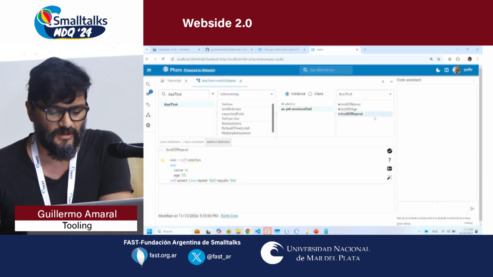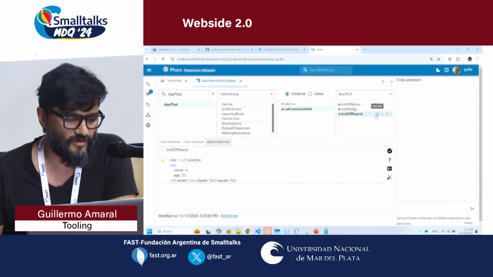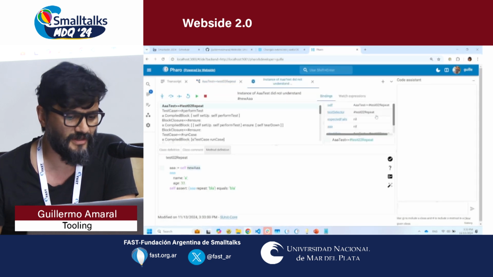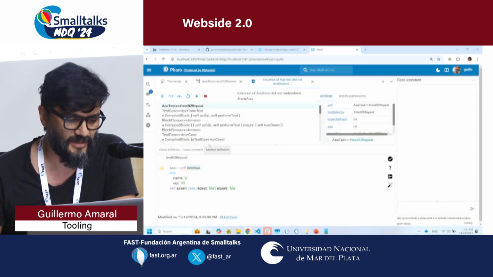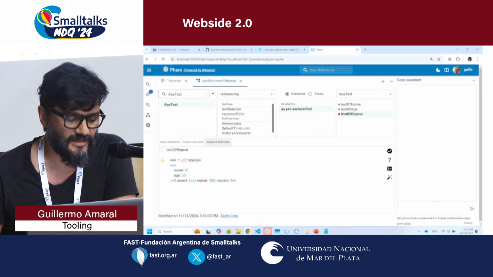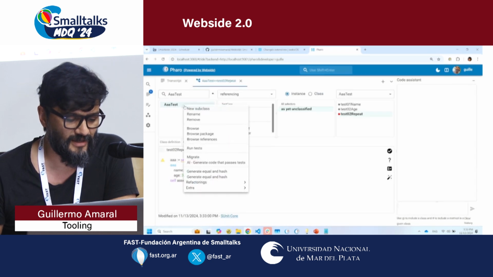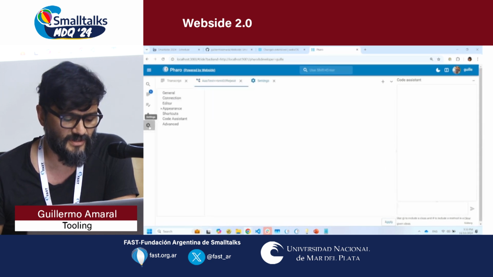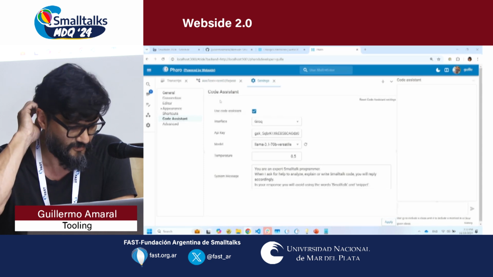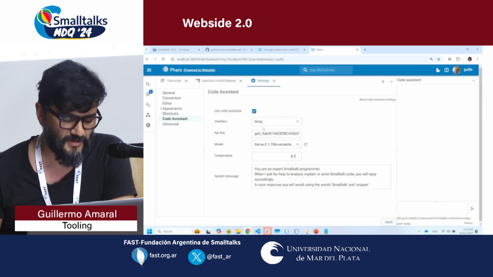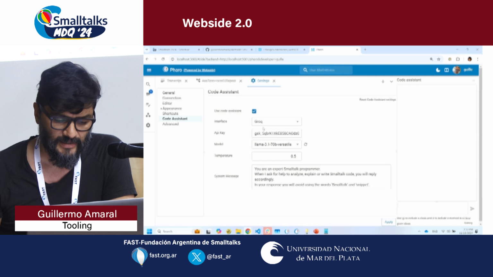Okay, so following a TDD approach, we can run this and compile here in the debugger, etc. But let's run these funny things. Let's see what model I'm using. There is this code assistant. In this case, this is a free service called Groq with this model and some parameters.